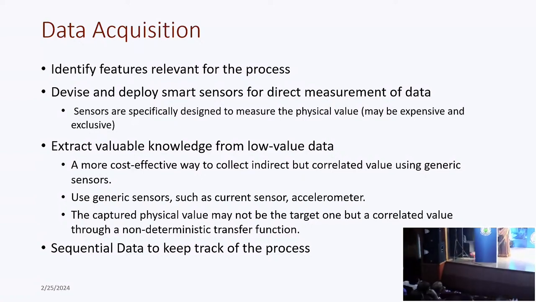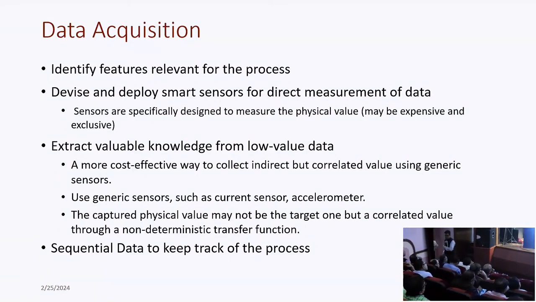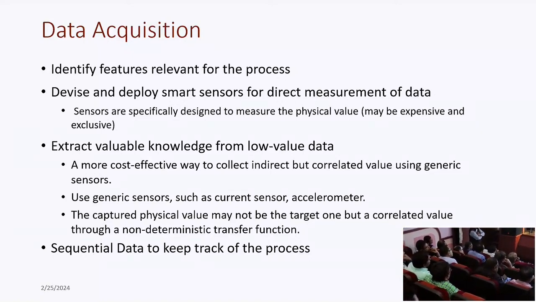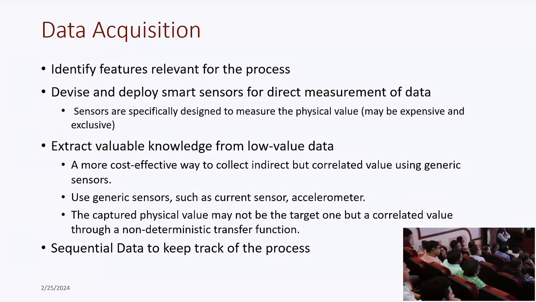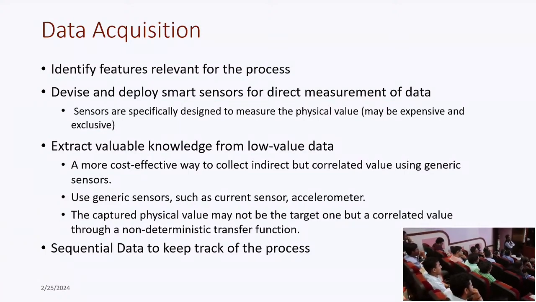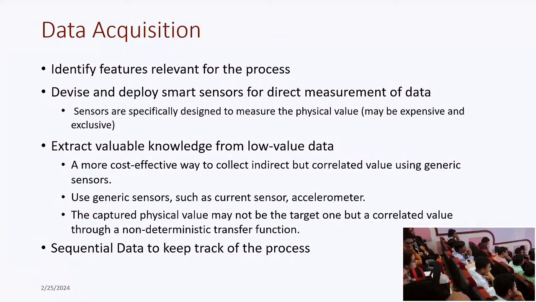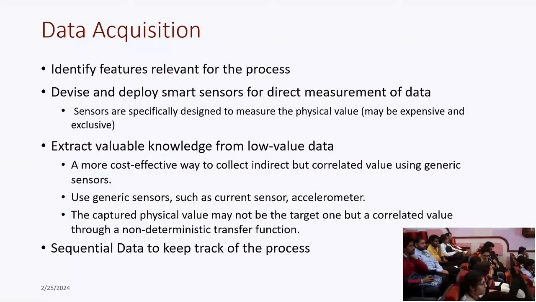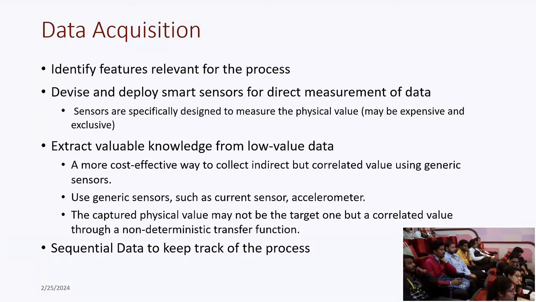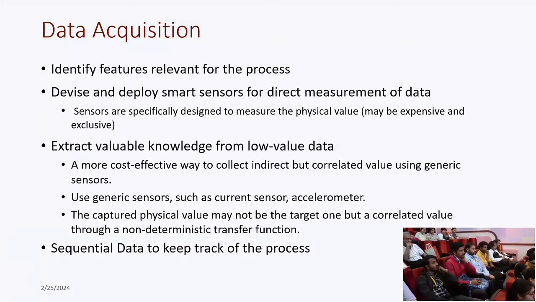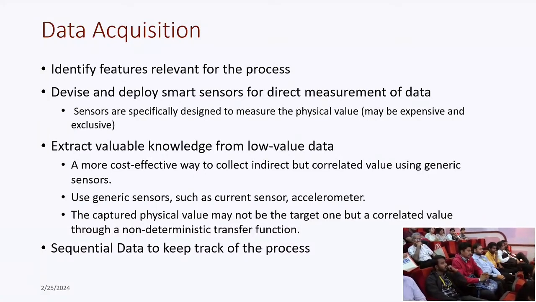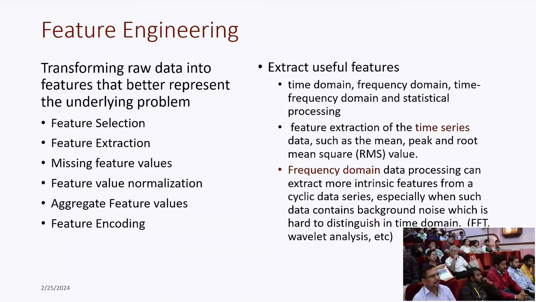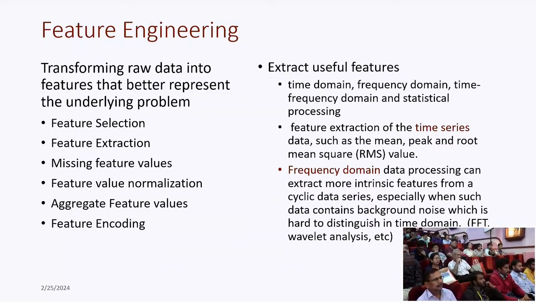Some of the processes, for example, the operation of the plant, as we saw, is also a sequential process. So it's not just that at a point you decide some input or some parameters and you get the output, and that's the end of the story. It's a sequential process, and the data that one has to collect should be time series data. And one has to look at machine learning paradigms which can continuously control the system. So this is the first part, the feature